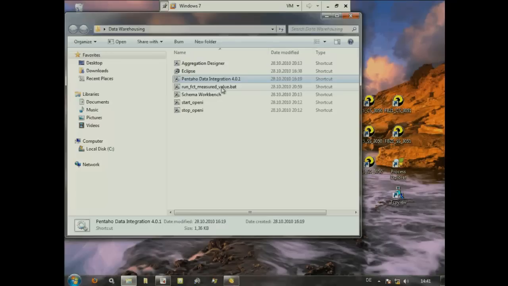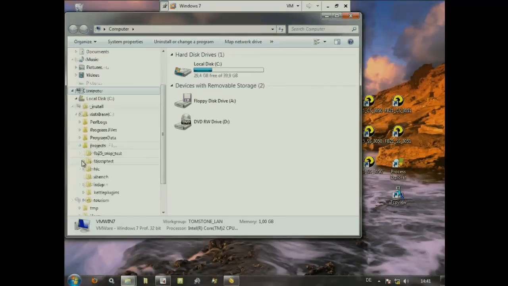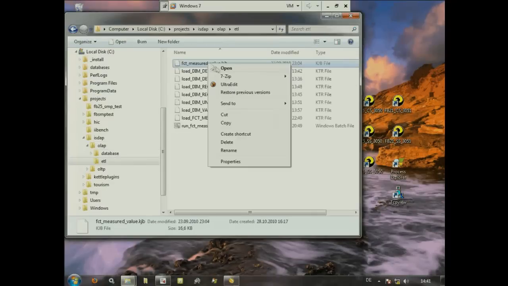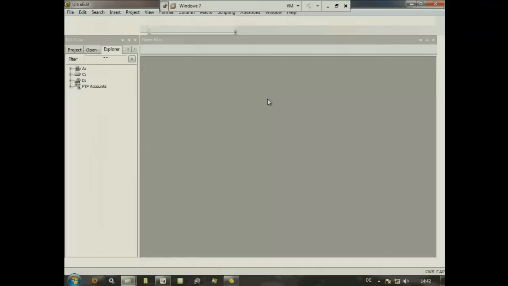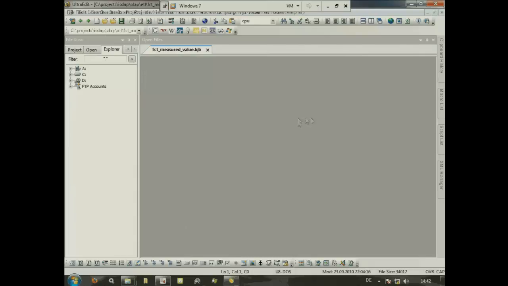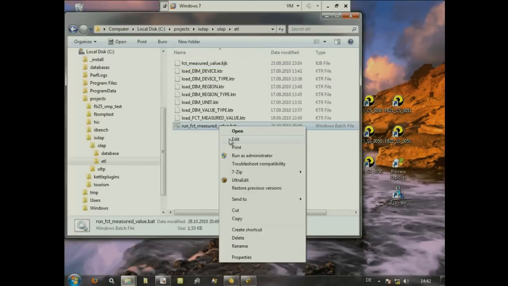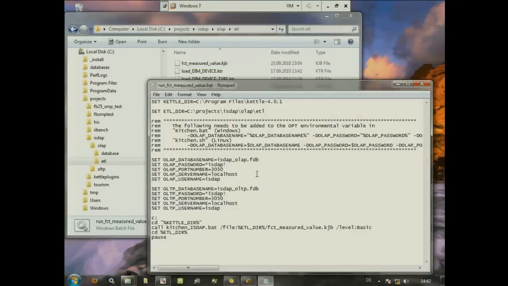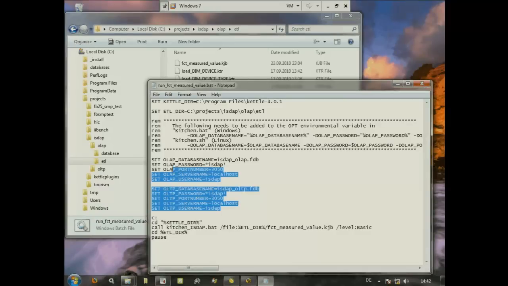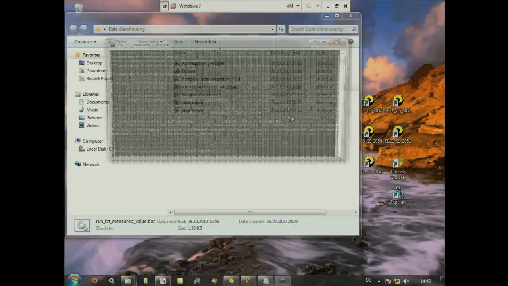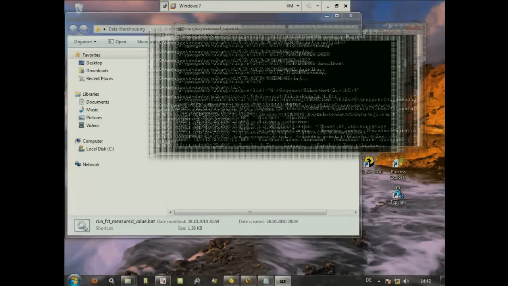Well, so let's see. The job file is just a regular file. If we go into this one here, this is our job file. It's pretty much XML, which comes out when you model your job and transformation in the visual environment. Then we have a batch file. The batch file sets a few environment variables and calls a batch file from the Pentaho environment, starting the job file. So if we run this one here, we will see that